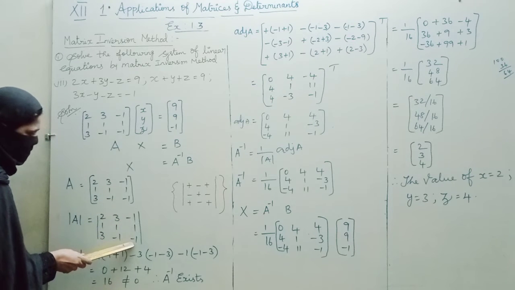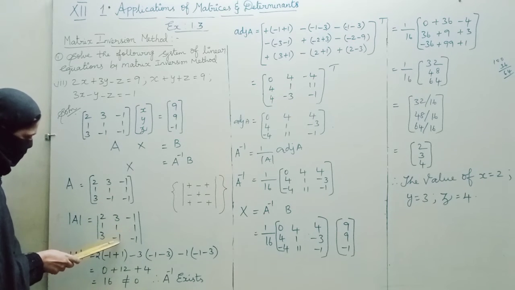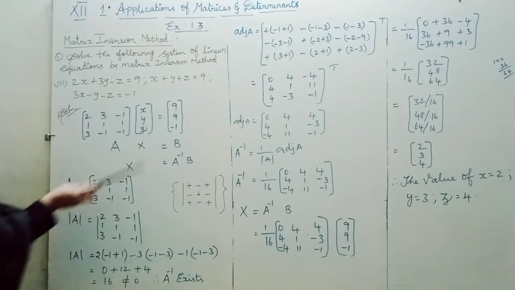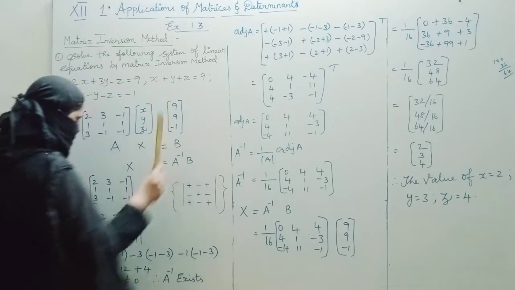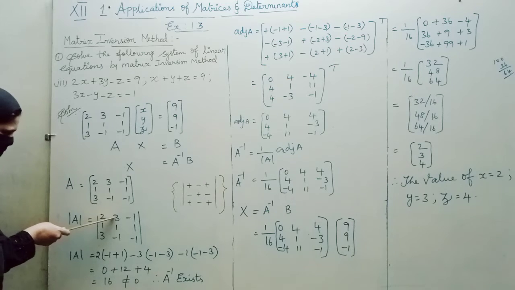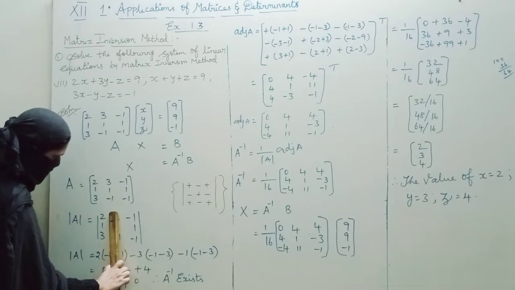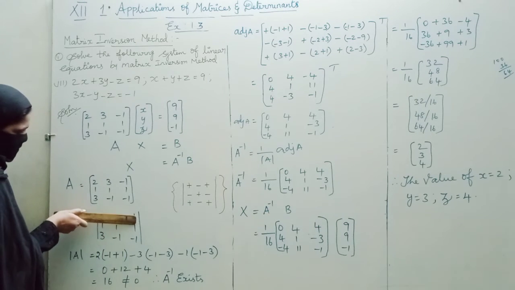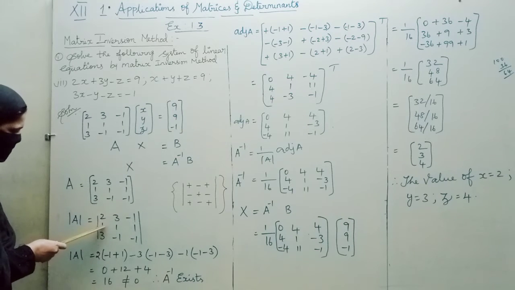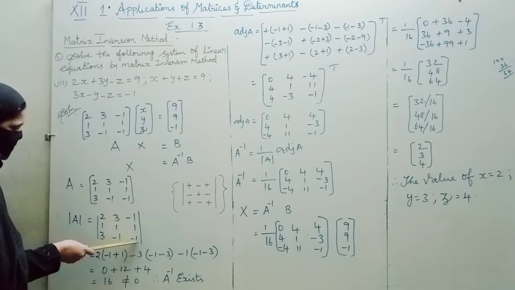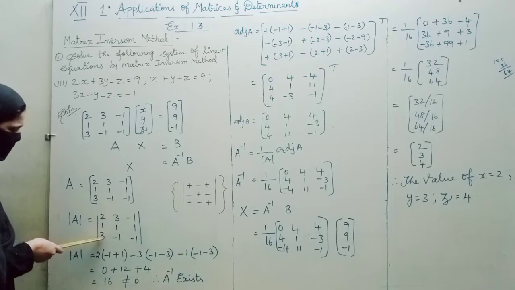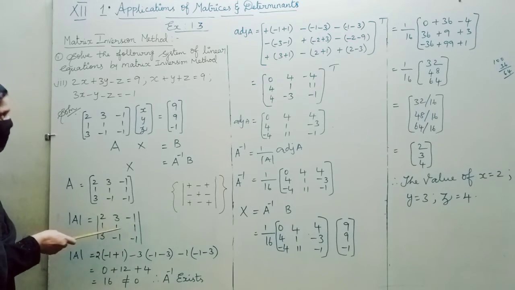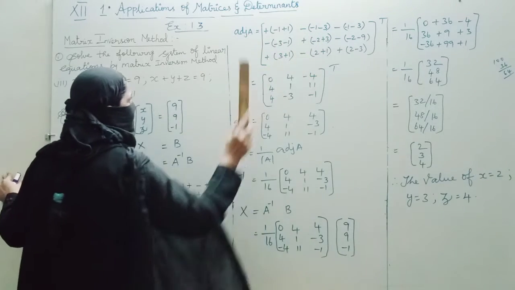Plus into minus is minus. In the middle a minus sign should come. So 1 into 1 is 1. So minus 1 plus 1. Next we take the minus sign. So this is minus. When taking minus, you close those columns and rows. After closing, what remains is this: 1 into minus 1 is minus 1, 1 into 3 is 3, and the middle is always minus. So what should come is minus 1 minus 3.